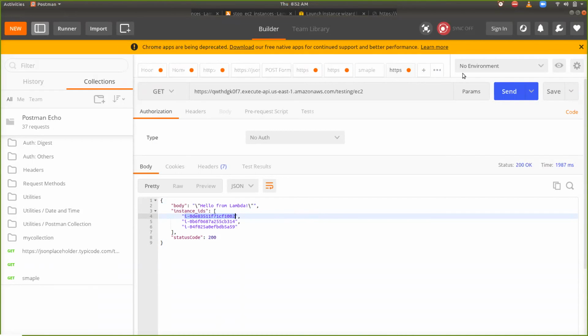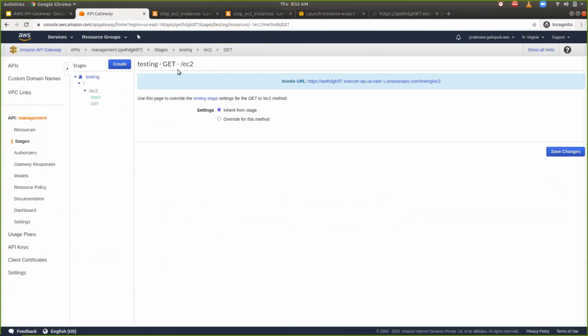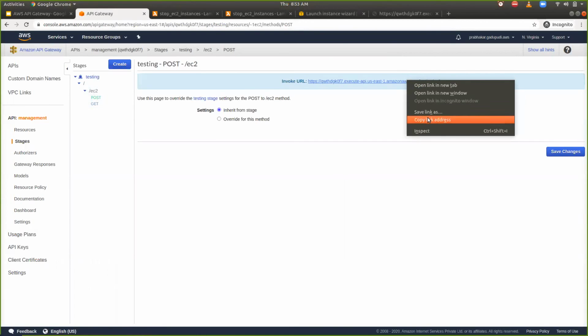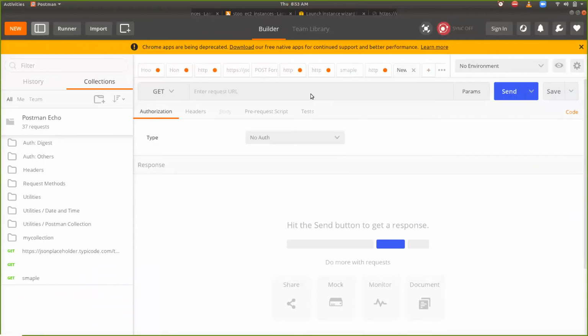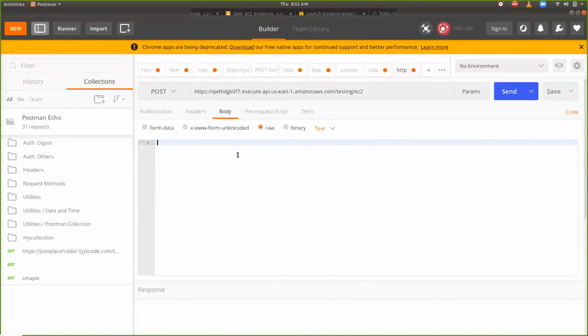I'm going to call another API, which is a POST API. Go to the POST, copy this URL, and go here and set it as a POST. In the request body, I can select raw so that I can directly write my JSON object here.